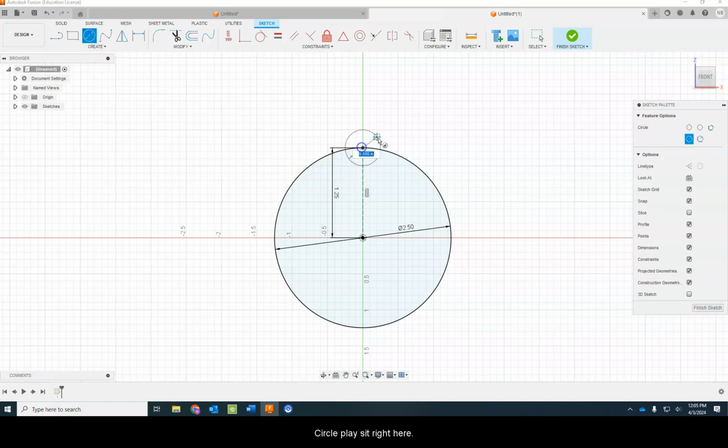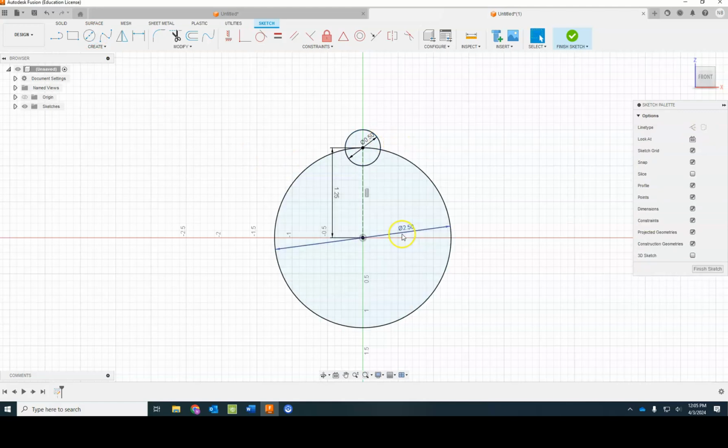Circle, place it right here, 1/2 inch. And just to make things less confusing later, I'm going to get rid of my construction line because we don't need it anymore. And once I do that, you can see that this circle is blue. It's not fully constrained. So if I have something that's not fully constrained, the process I need to follow is